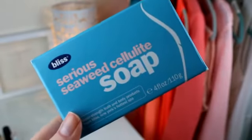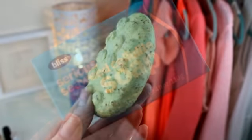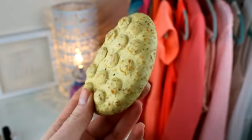Another option is using an exfoliating soap. I've also been using this one every day because it's not as harsh on the skin, and this is by Bliss and it's the Serious Seaweed Cellulite soap, and it's got these sticky out bits on it that you just massage into your skin, and it's also quite grainy as well, so you can really exfoliate nicely and gently. And I know Lush do soaps like this as well, so definitely go and